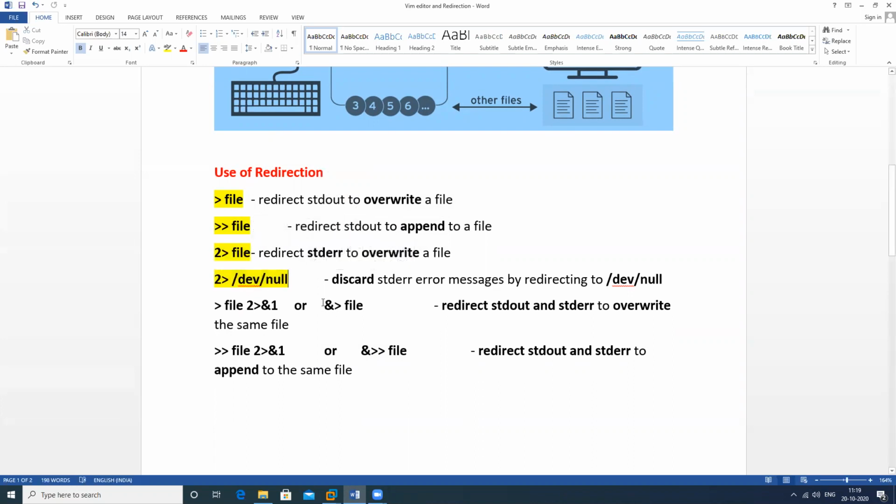Suppose we want to save the output and errors in a file, we can use this one, and if we want to append, we can use this one. So we can overwrite by using this, and we can append by using this particular symbol.